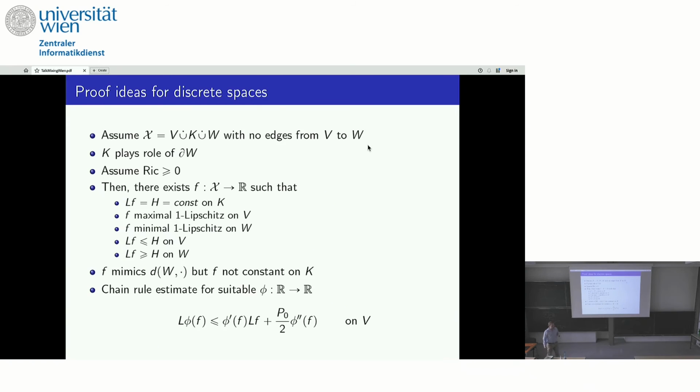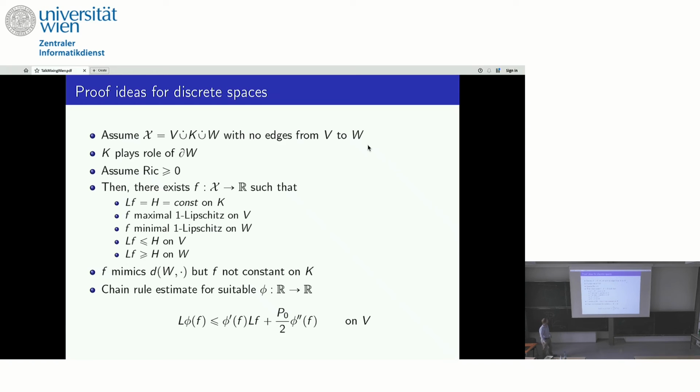Okay, now that was the idea from manifolds, how to implement this in a purely discrete setting. So you remember, we don't have a chain rule, and we don't have a concept of mean curvature. And there's maybe not a way to do this, but one can kind of get around this. So we think we have a tripartition of our set again. So the picture again looks like this, except we rename this V, we rename this W, and this in the middle we rename K, and we think of K being very slim, and K plays the role of the boundary.